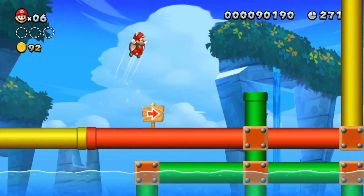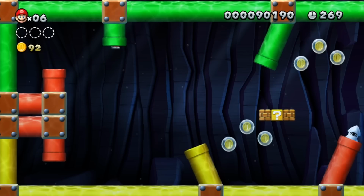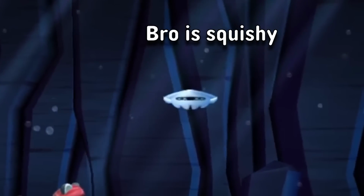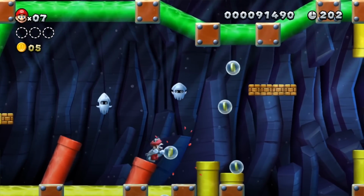1-Blooper starts with a pipe on the right side of the screen. We were able to fly over to it using our acorn suit. When we exit the pipe, we see more water than I'd like to see. I tried using blocks so we could walk over these pipes so we wouldn't get stuck, but it didn't work